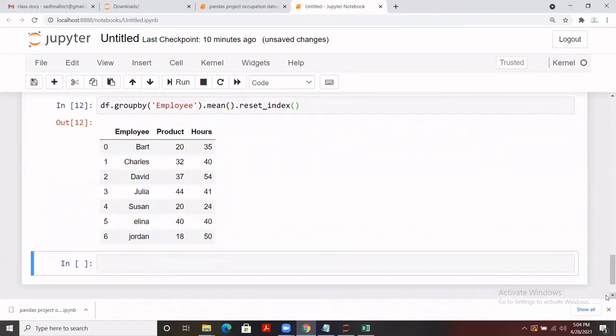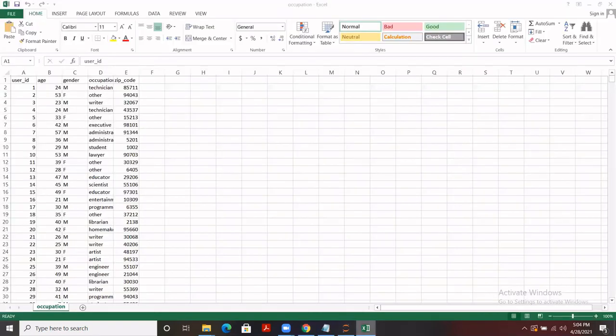And these are some basic examples. So further in our next class, we'll be taking this data set, and here we have 5 columns: the user ID, age, gender, occupation, and zip code. And then we are going to group that data based on the gender, based on a particular age or particular occupation, so that we can